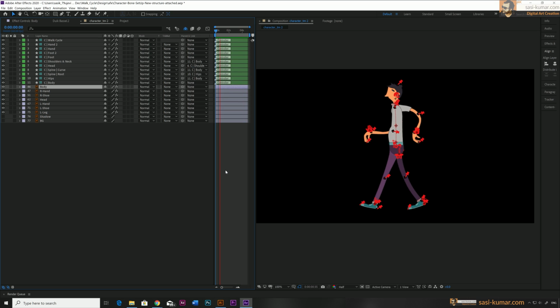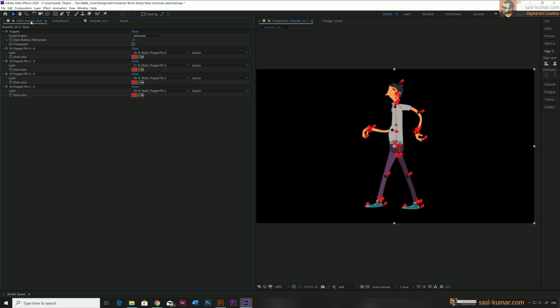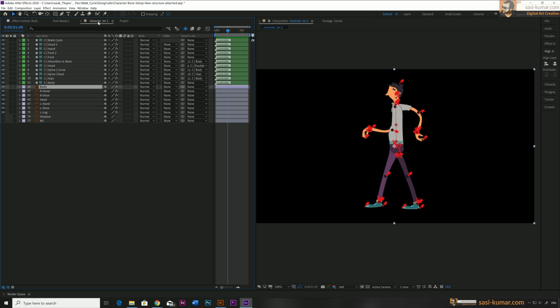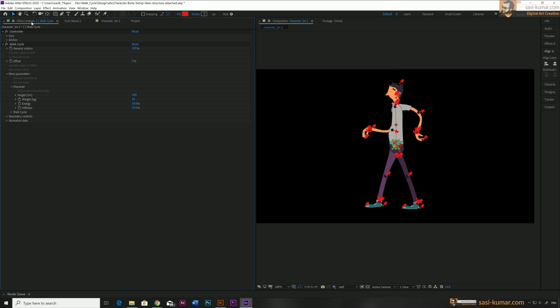Looks good, and we can modify this walk cycle by going to the Duik plugin in here and selecting the walk cycle first. Go in here and select the walk cycle from the top, and go back to the Duik plugin, and you can see there are so many parameters in here.